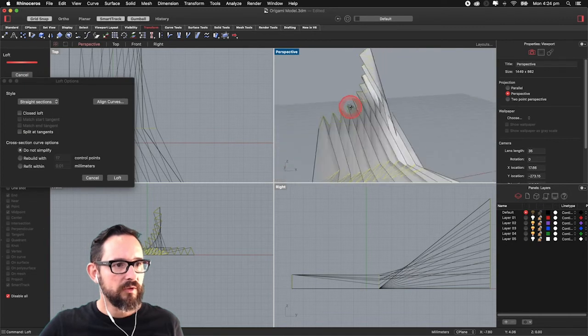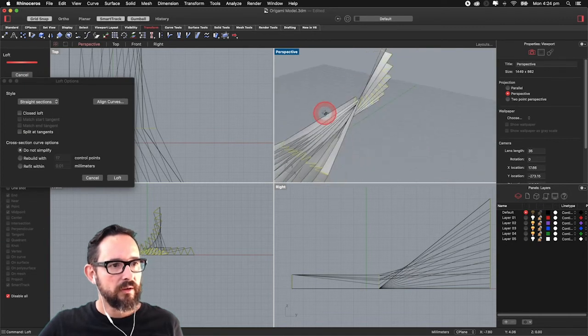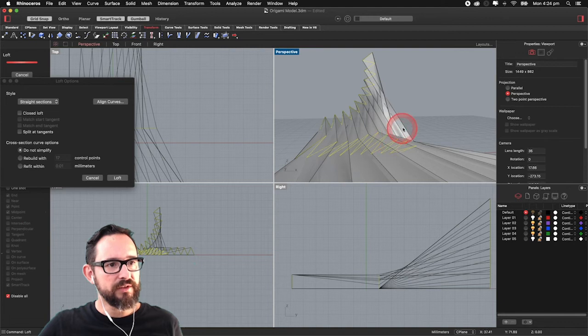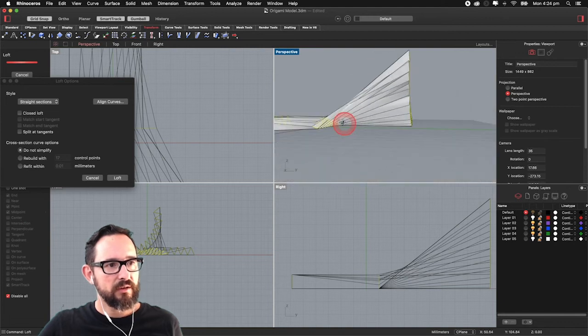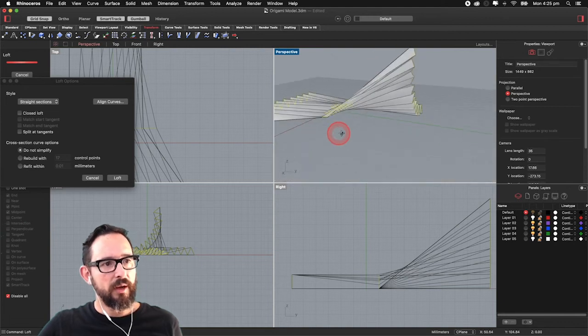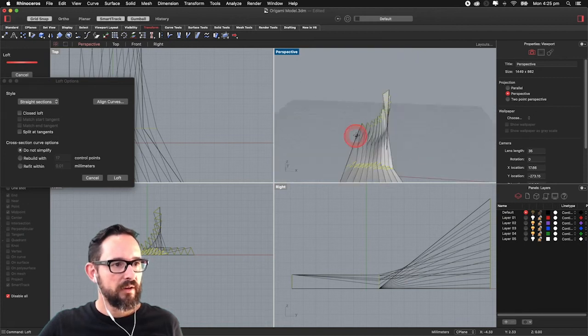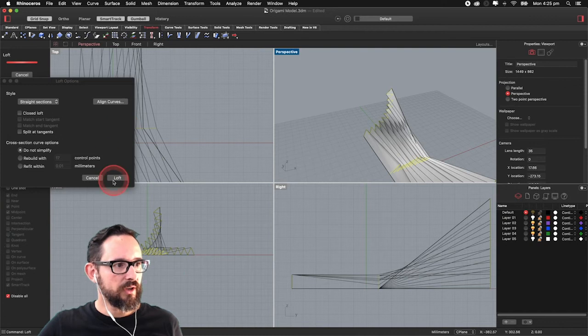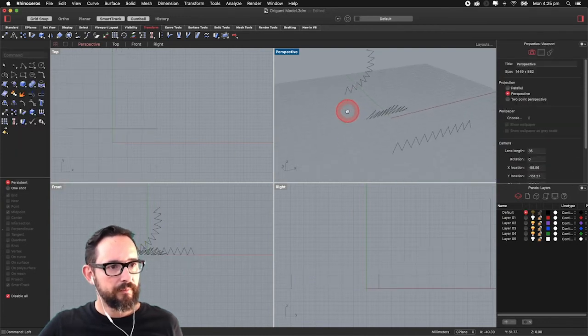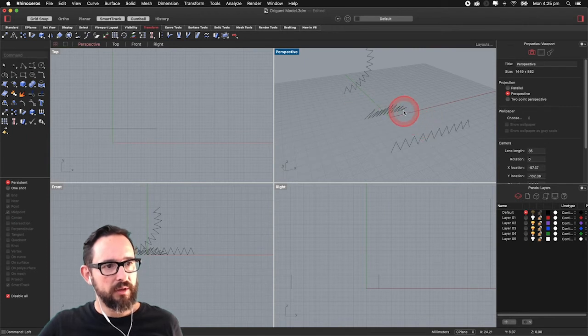It seems, well, there's this kind of self-intersecting, as you can see. So that didn't actually work. I mean, the fold is well done, but I think this element here doesn't work. So I'm going to cancel this one, and maybe use